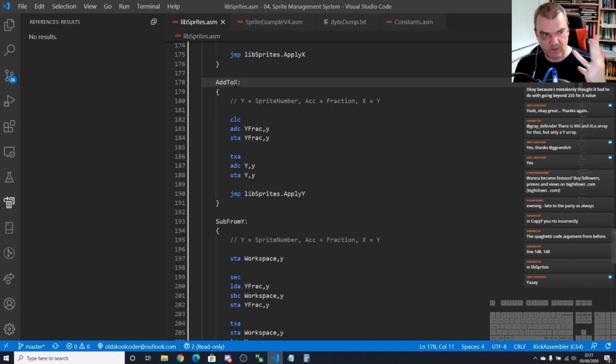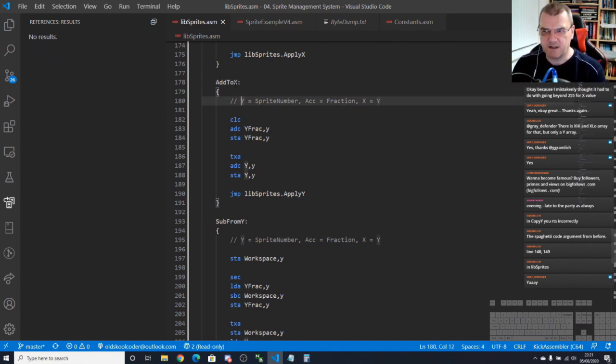That's 4 parameters. But the high bit, we're never going to add the high bit. It's never going to happen. You're not going to go from there to the other side of the screen in one jump. Never going to happen. So we can ignore the high bit. So we still got the 3. So let's see, Y's sprite number, same, but X is X low. So okay,